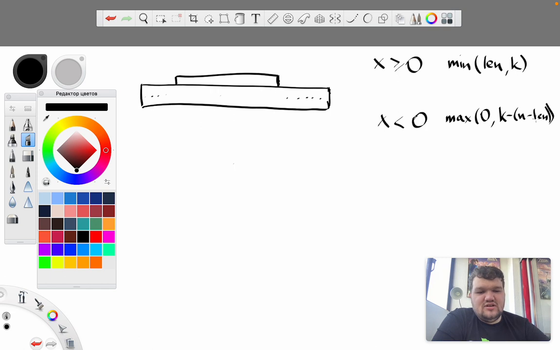Now we just want the maximum sum of a subsegment that has length at most n minus k, such that this thing is not positive. And again, we can use this thing that I mentioned to do it in O(n), but also we can do it stupidly